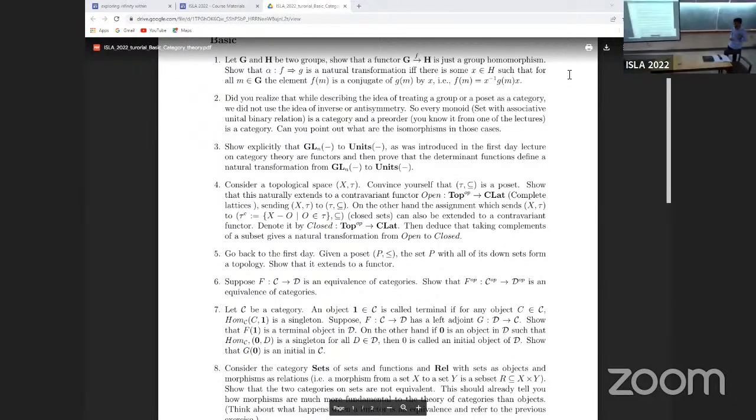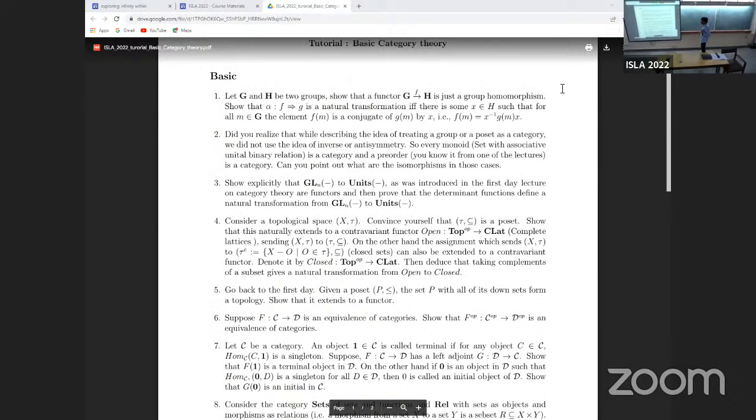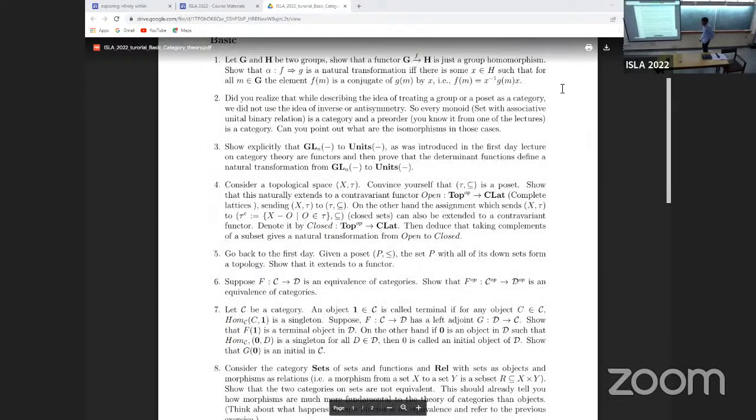Did everyone hear that? That is a correct solution. So he says that since on the domain category you have a single object, you are going to have a single component of this natural transformation, if at all it is there, right? As natural transformations were defined from category C to D between two functors F and G, a natural transformation alpha had its component given by C, inside objects of C, right?